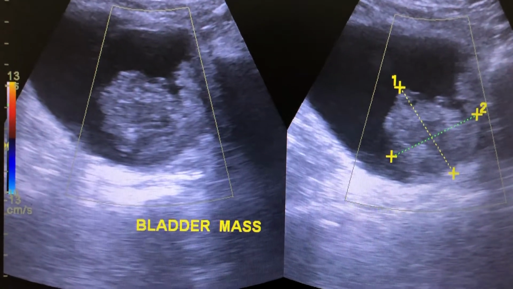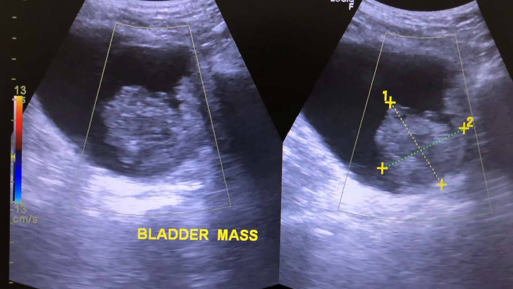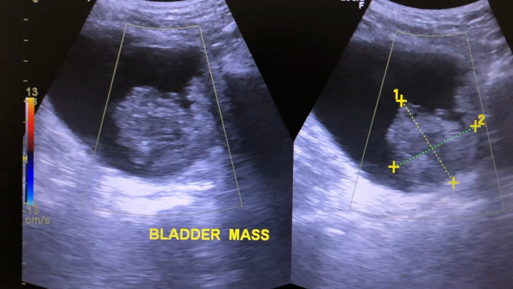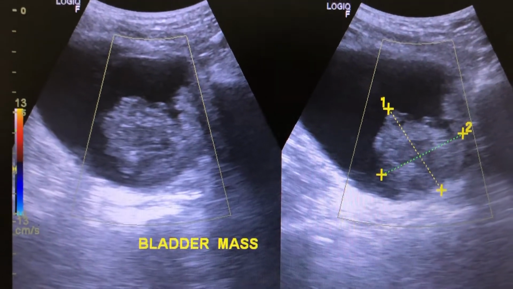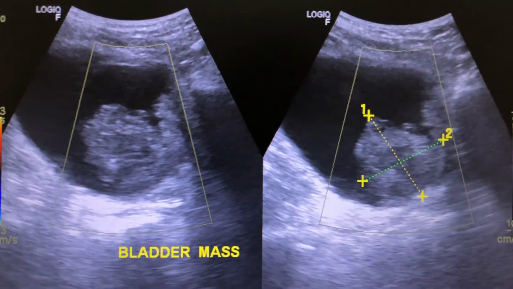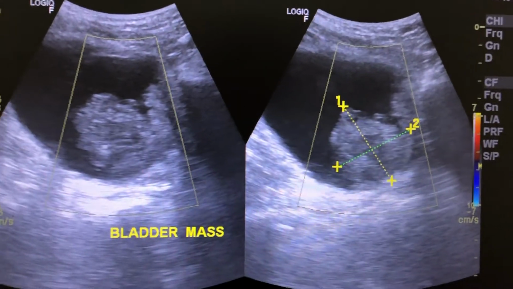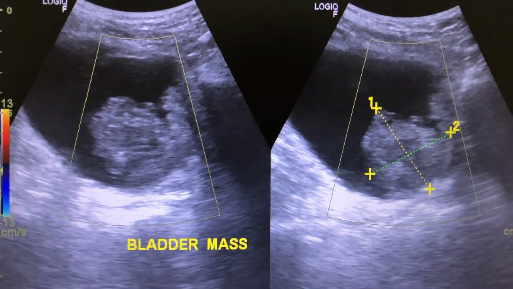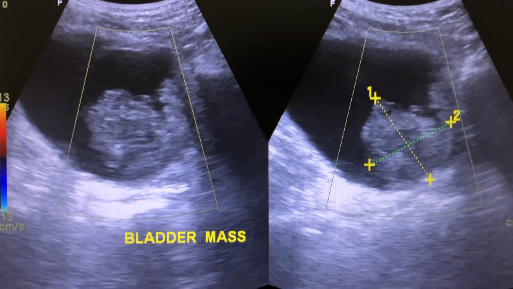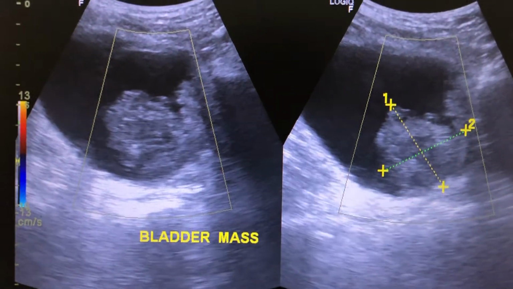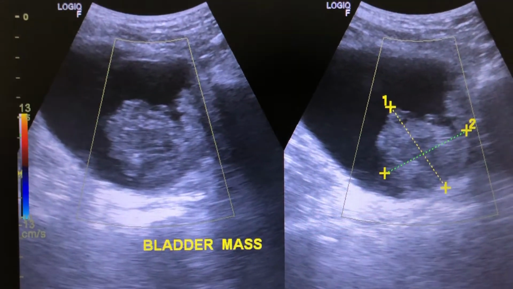This is a case of a 70 years male patient, a known case of transitional cell carcinoma of the bladder. This is the bladder in focus, and at present the patient has a complaint of not burning micturition, but hematuria, blood in urine since 1 month, and there are some soft tissue masses, some mobile and some intact with the bladder mucosa. So it is a mixture of blood clots and the bladder mass arising from the mucosa.